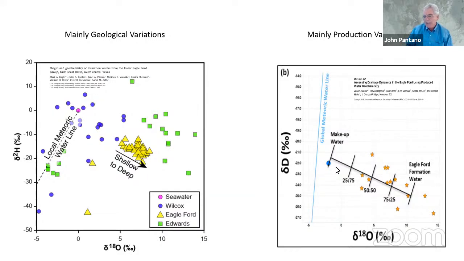This is down in Texas. And remember, the closer you are to the ocean or seawater, the closer the water being precipitated is going to look like that. When you take a measurement right here, these waters are probably 50% frac water and